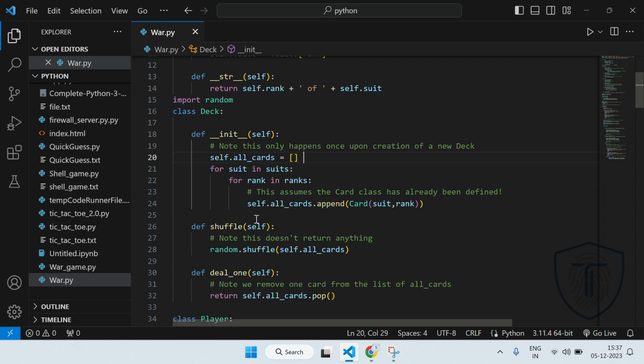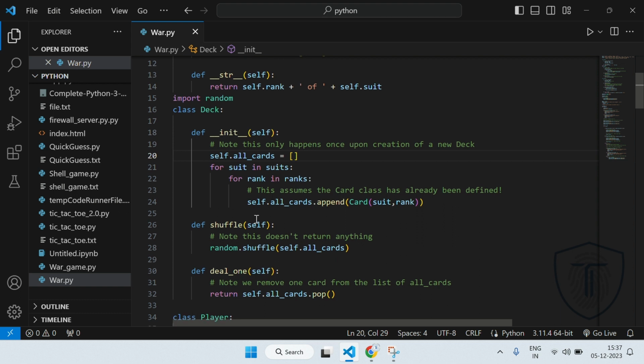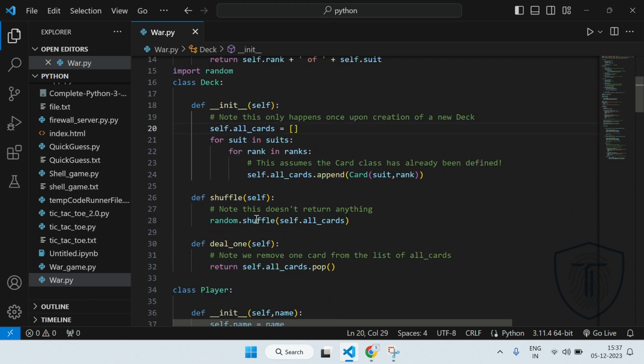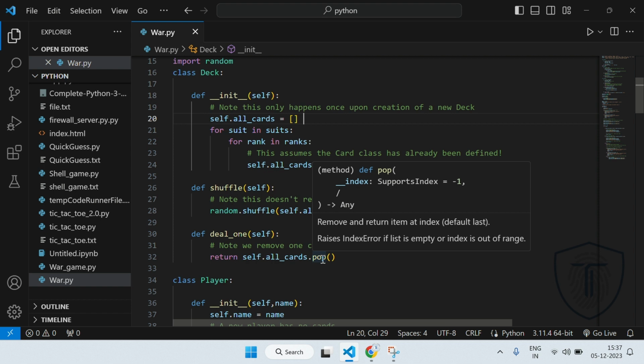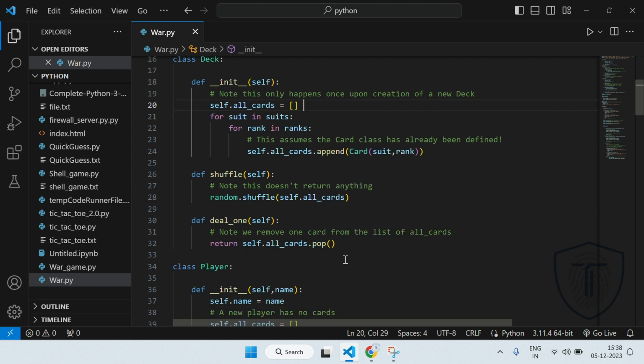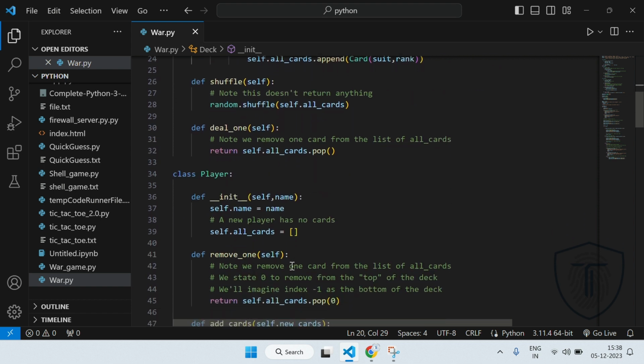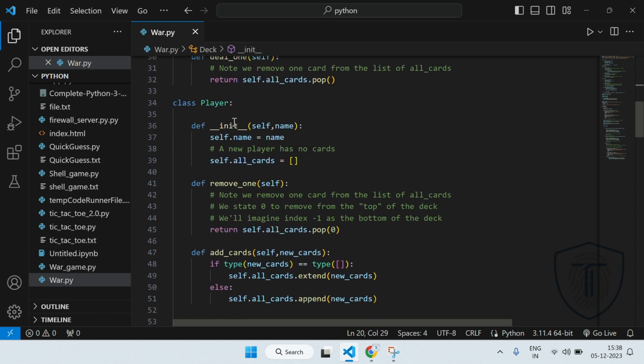Later on, we shuffle the same deck using the random.shuffle function. Next, in this same deck, we created a deal one method to pop up, or we can say pick up, a single card from the deck. Next, we created another class called player to basically name the player and remove a card which is at